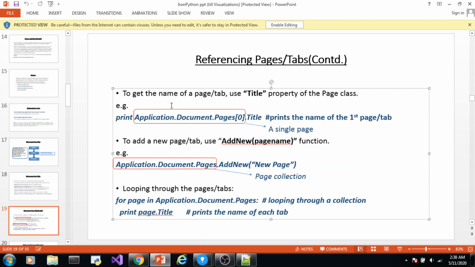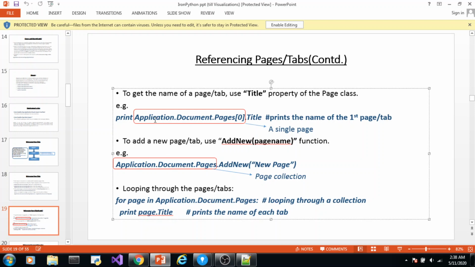This is how we access pages. So application.document.pages 0 refers to one page, which is the first page. Now to know what all properties and methods are available on a page, we have to go to the page class.